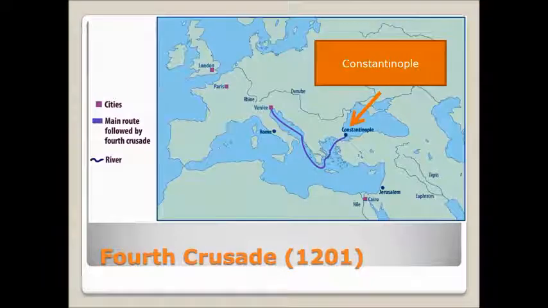However, for the Fourth Crusade, Christian military or knights again decide they're going to go back to the Holy Land. They leave Venice, Italy. They sail to Constantinople, and that's where they stay because they run out of money. So they terrorize the city of Constantinople, taking their treasure to fund their further crusade to the Holy Land, but they never make it. It's ironic that Christians from Venice, Italy, end up attacking Christians in the Byzantine Empire in Constantinople, and they never make it to the Holy Land. Now, there are more than 4 crusades. We're just stopping at the 4 main ones.